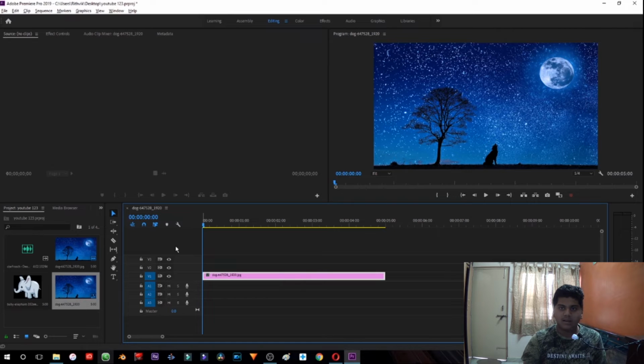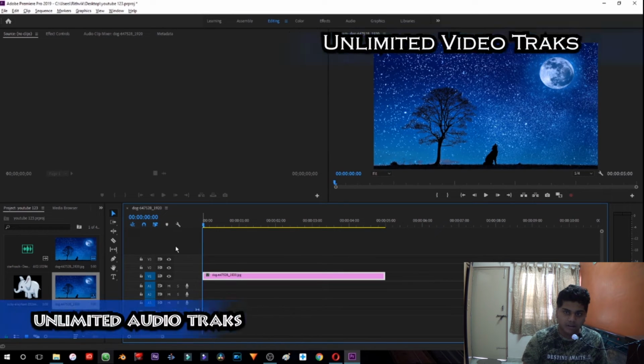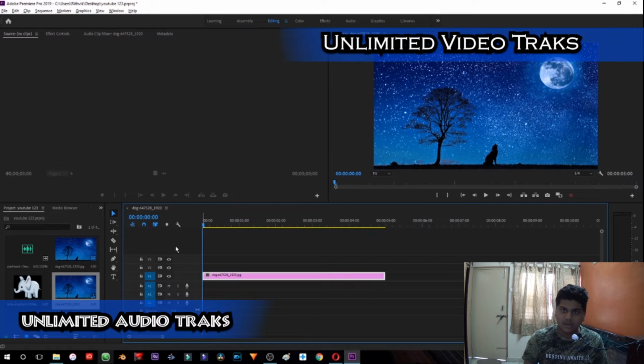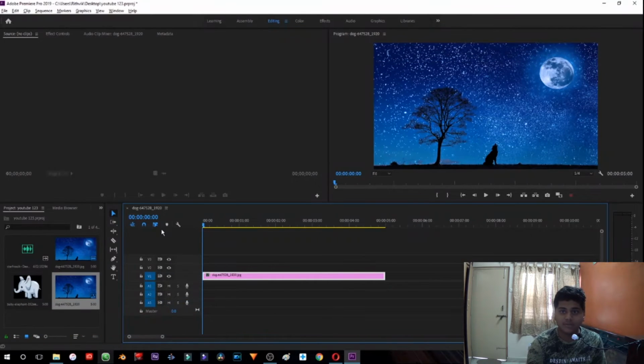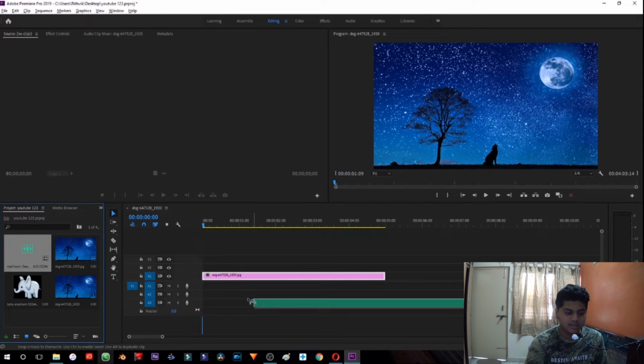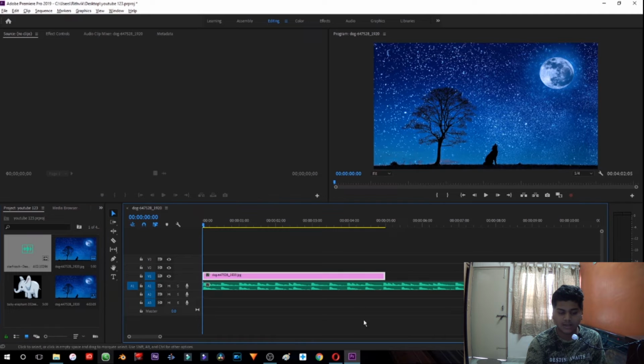Here we can add unlimited video tracks and audio tracks, literally as many as we want. That is a great feature, because editing movies takes so many tracks. And we can just drag whichever files we want, audio, video, any tracks.